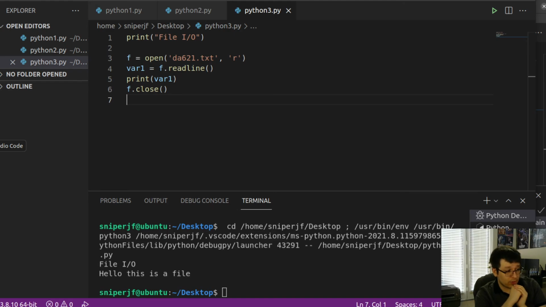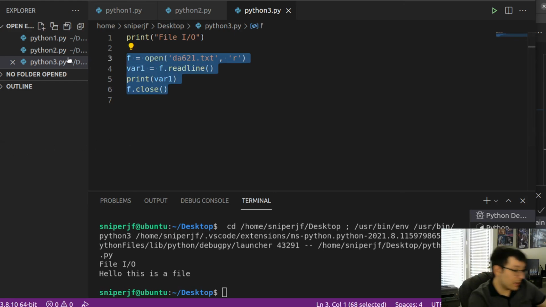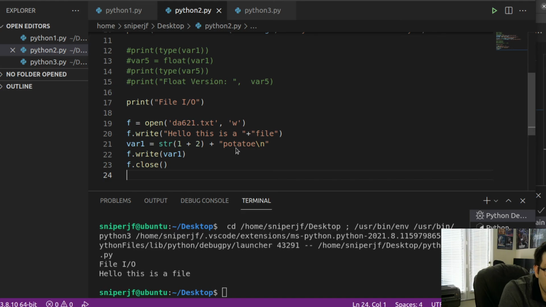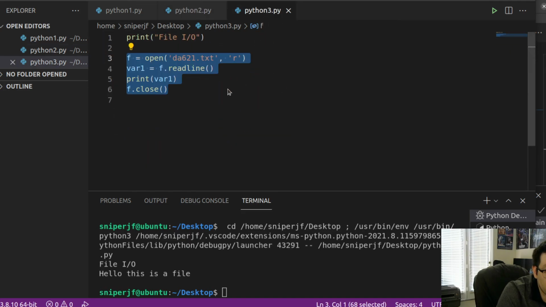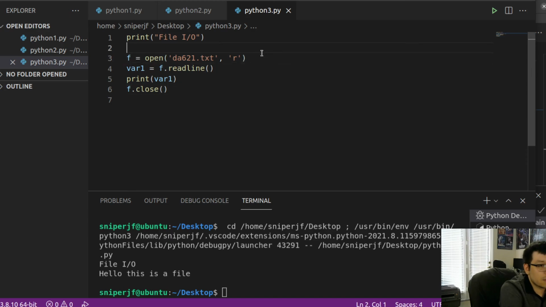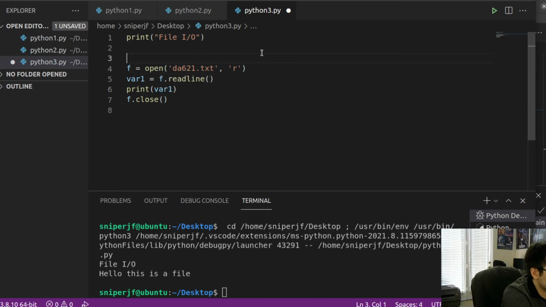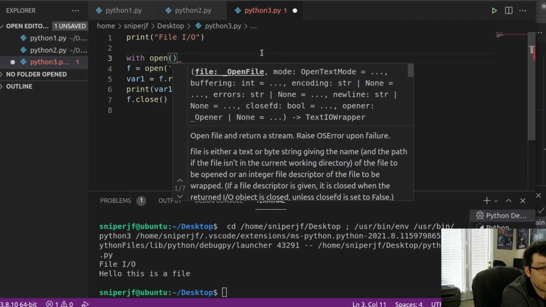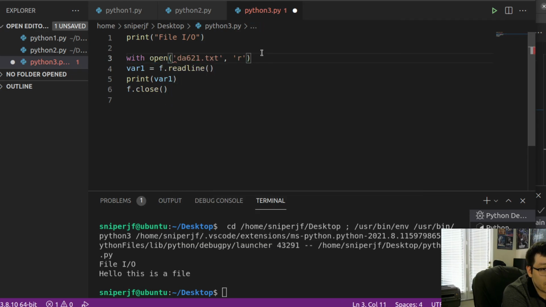There's a better way, though. There's a cleaner way of doing this, and that's going to be the with open format, okay? If you look in the documentation, the link is in the description below, you will see this with open system. So let us go ahead and try that out. Instead of having this, we write with open and then put in your file name like that, put in the same rules of read or write, whatever you want. So let us say we're reading,